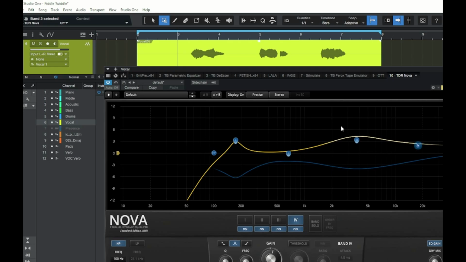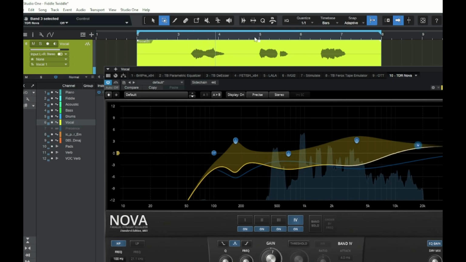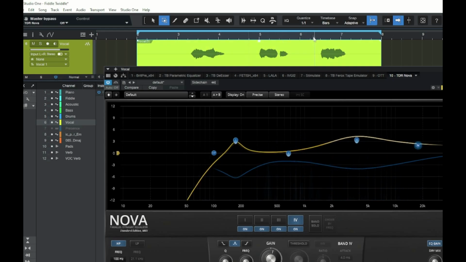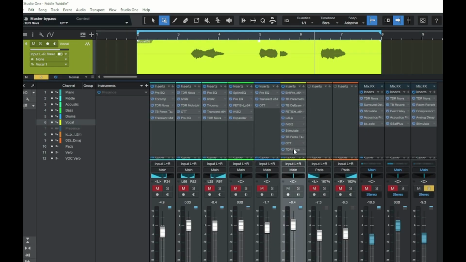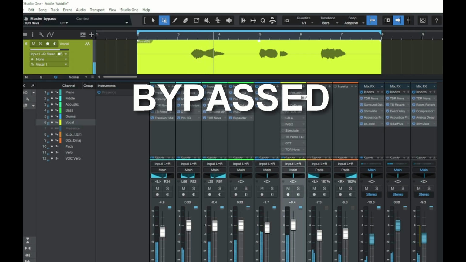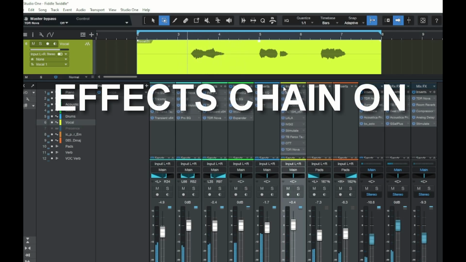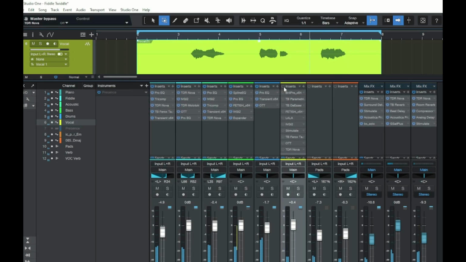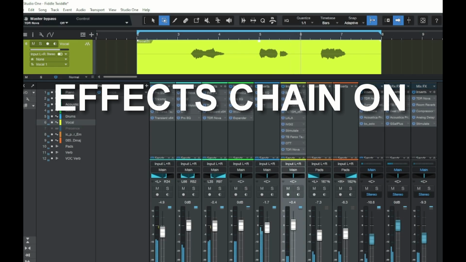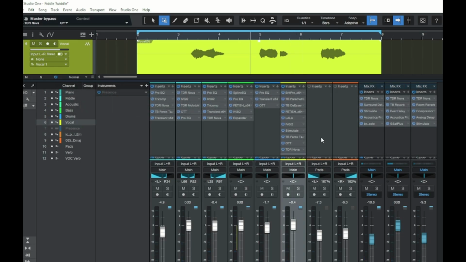But let's take a look at the dynamic EQ in action here. Yeah, you can really hear the difference. This is adding in a lot of extra compression and tone control. Yeah, so that is the last step in this effects chain. There's 10 inserts there that are mostly doing really subtle things. Here's the effects chain bypassed. And this vocal and this mix is by no means finished, but it's at least far enough along for me